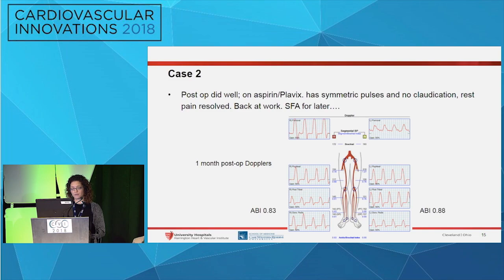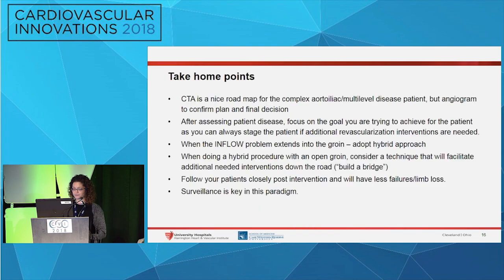So currently he's about a couple of months out. He's doing quite well. He's on dual antiplatelet therapy and actually regained both pulses. His ABIs are near 0.9, and he is completely out of pain, so I think we'll save the SFA for later. So take-home points from a couple of these patients with both femoral and iliac disease is that for me,